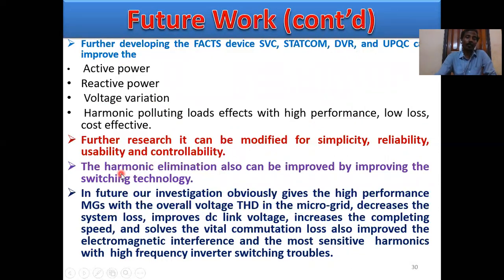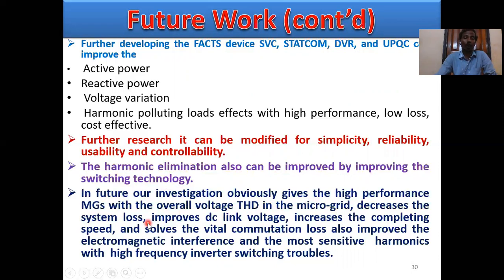Another future work: harmonic elimination can also be improved by improving the switching technology, mainly for control purposes. In future, our investigation will give high performance microgrids with reduced overall voltage THD in the microgrid,